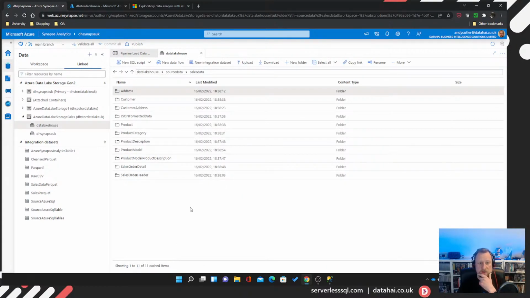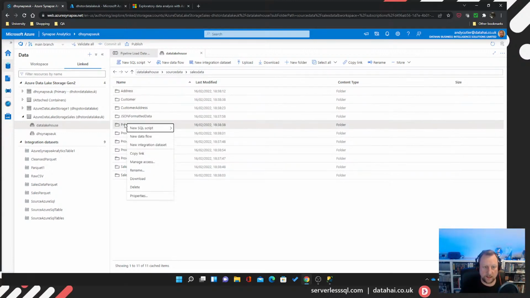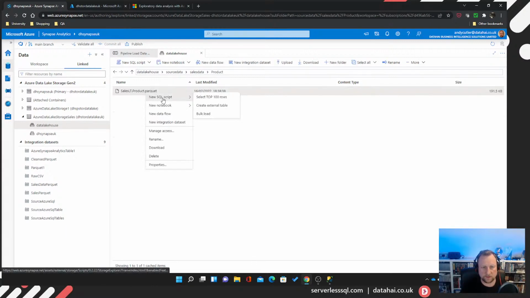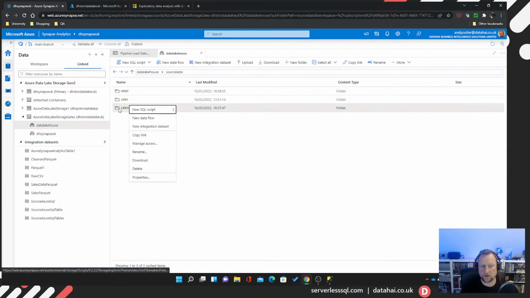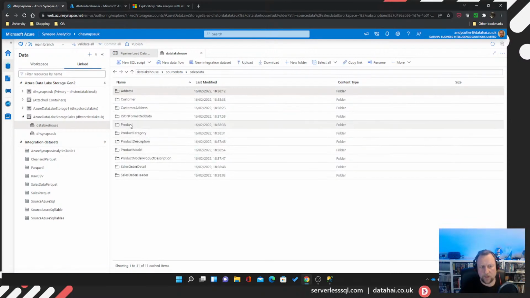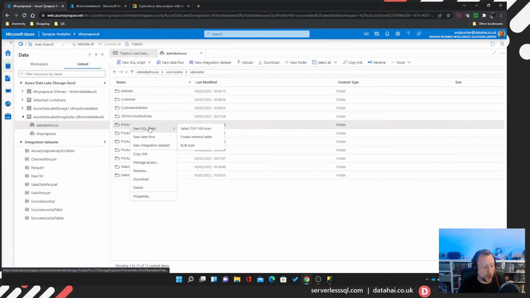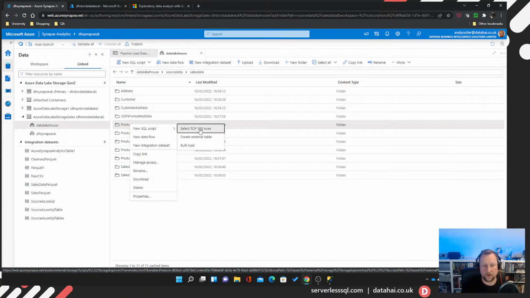Now, in terms of serverless, let's jump into serverless. Right, I've got my data. It's in Parquet, which is what we want. I can cheat now, to be honest with you. I'm going to right-click Product. Do I have to do it on the file itself? Yeah, I can do it on the folder level. On the product, I've got no serverless SQL pools database set up, no external data sources, anything like that. So we can select top 100 rows,